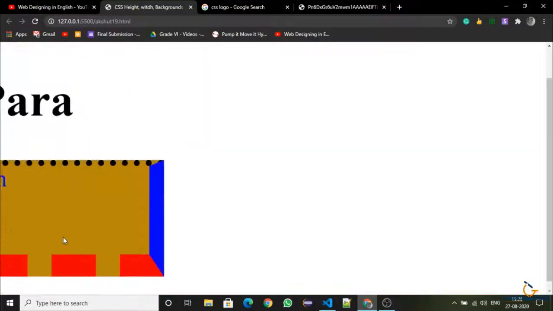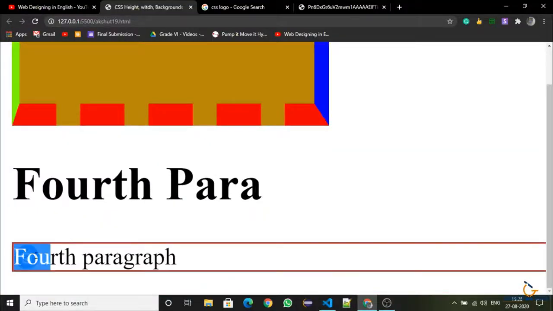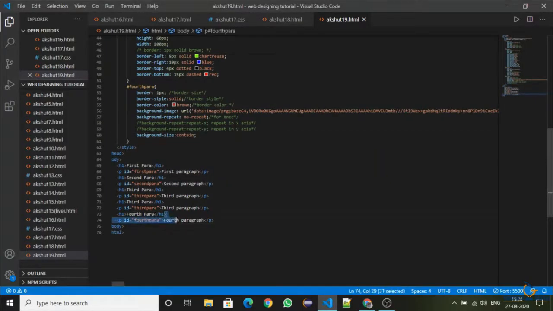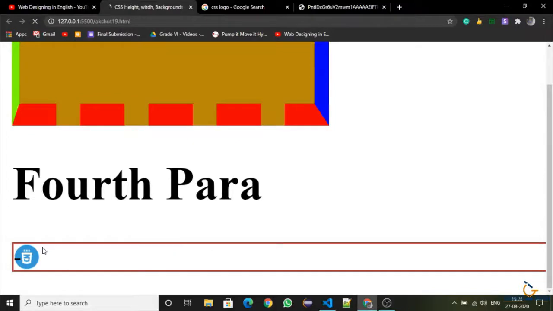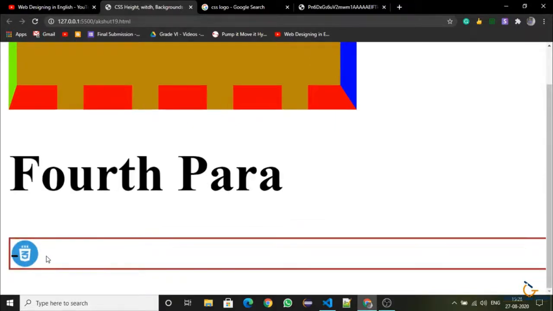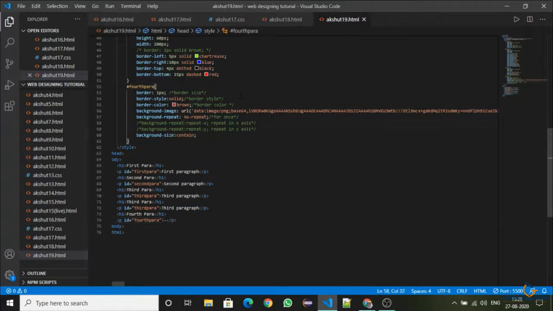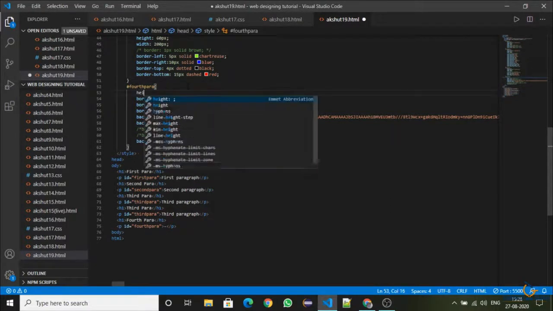Then you see here there was a width of this element, so it is the default width. I will just remove this and add a dash here. Save. Now as you can see, the background image is just the size of the element, so we can change it by height.